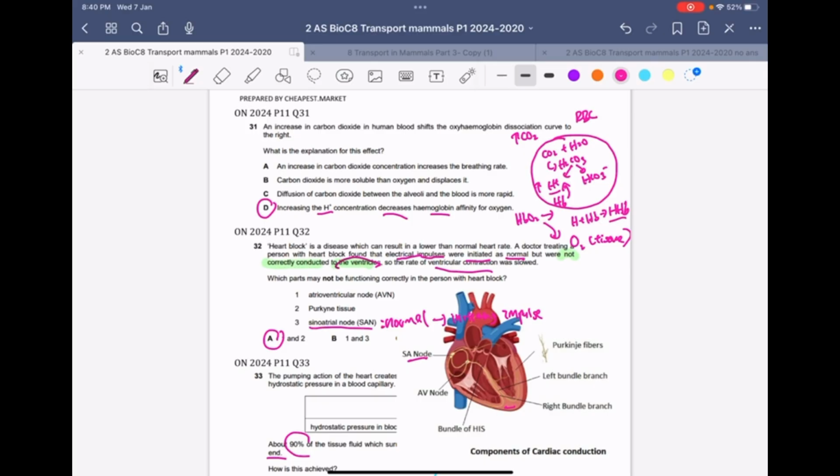So the pathway will be the AV node. It means that the AV node has some issue. Because the function of the AV node is to receive the signals from the SA node and then pass them to the ventricles. So if the AV node is malfunctioning, 就是说如果 AV node 它是不正常的，it will cause the signal to be delayed or blocked from reaching the lower chamber. 所以如果这个 AV node 有什么问题的话，它会导致这个信号延迟，或者是直接中断，无法传到下面这个 ventricular muscle。